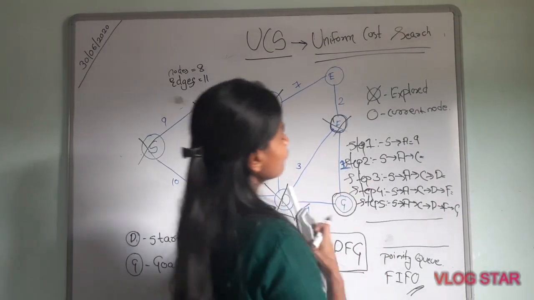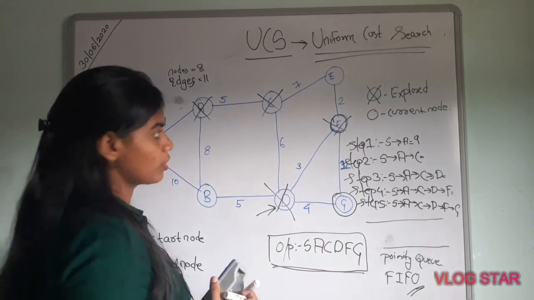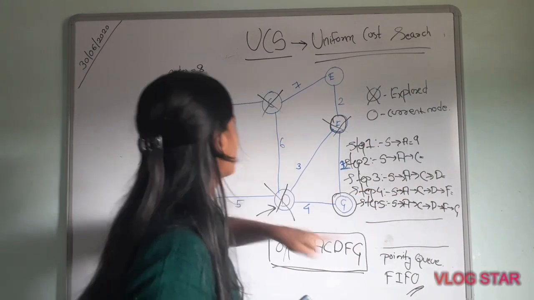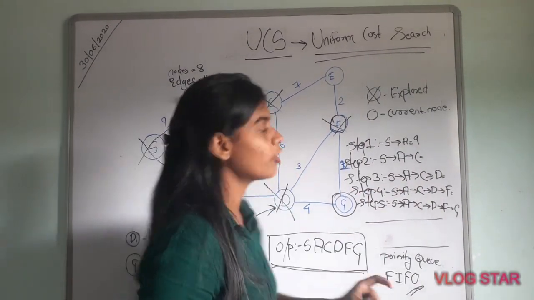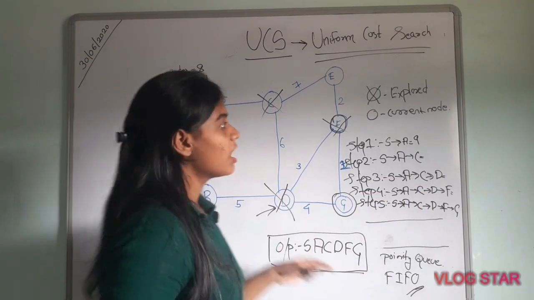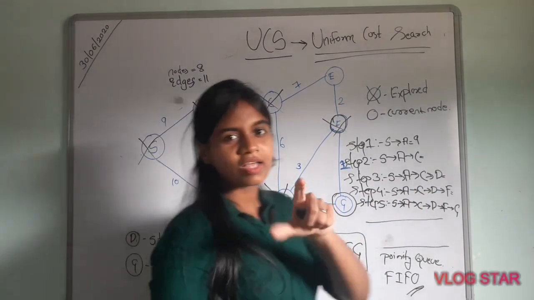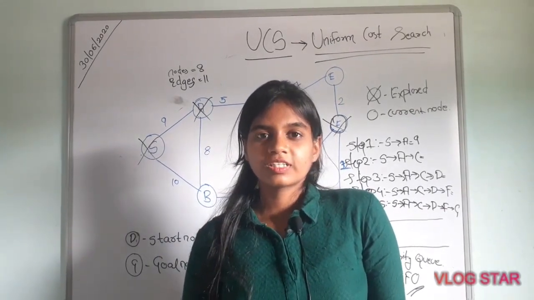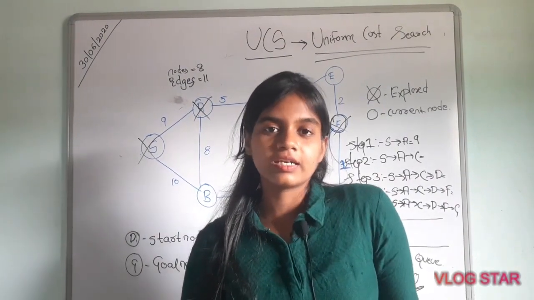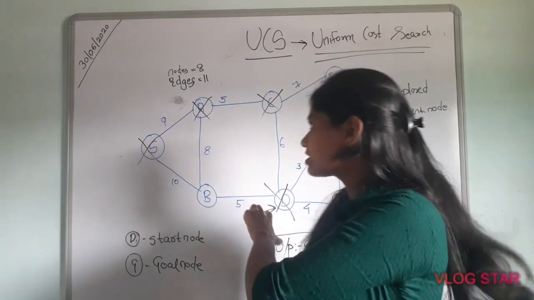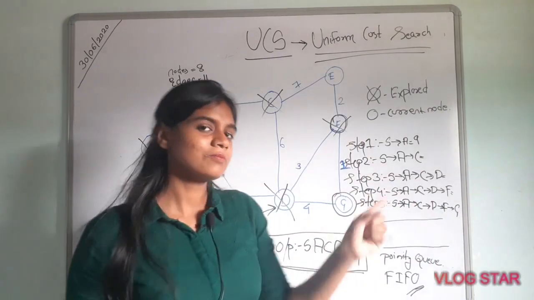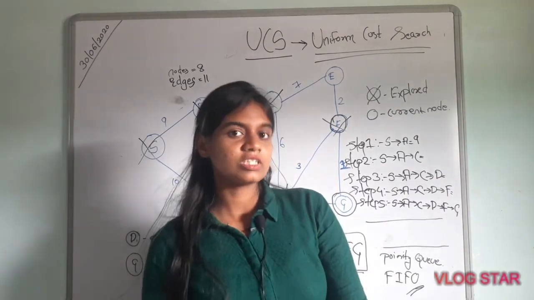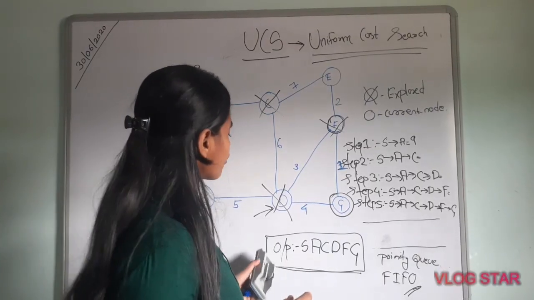But here we have to see the cheapest value path. We have explored the nodes, and we have to take the sum of all of this and take the output. What is the output we have got from S to G? This uniform cost search is the same as the Dijkstra algorithm. I hope you must have learned it in your algorithms subject. Uniform cost search is similar to the Dijkstra algorithm. It chooses the cheapest value path. That's what uniform cost search does. So this is the output we have got.